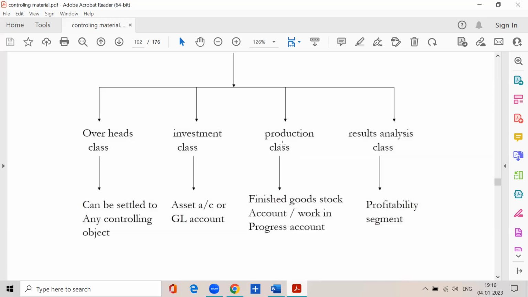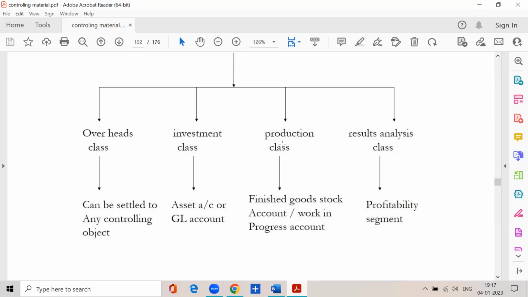Now, today we have started producing this 5,000 TVs. Okay, today is 4th January. Then on 31st January 2023, we are preparing the P&L account and balance sheet, right? So at that time, the production is not yet completed, right? By 31st January 2023, the production is not completed, but we have invested some amount, no? That is called work in progress. So whatever the expenses you have incurred up to 31st January 2023 is to be settled to work in progress